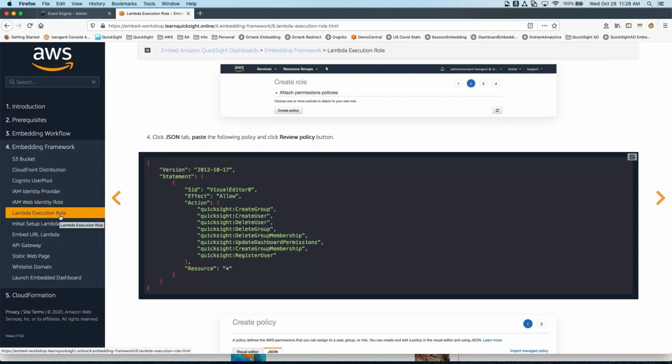And it is the same Lambda execution role which we'll be using for a different Lambda function as well, where we will use that just to generate the embed URL. So we don't need these permissions necessarily anymore. So in interest of keeping the permissions at the bare minimal set, we can remove this from the